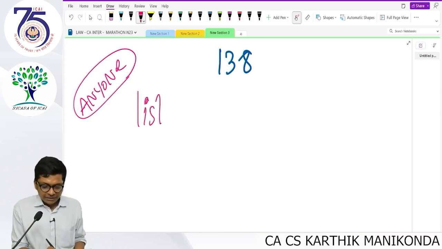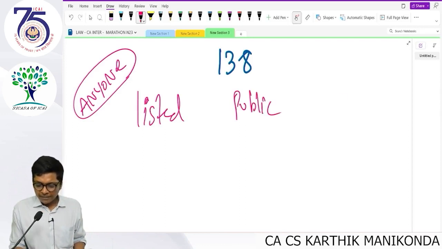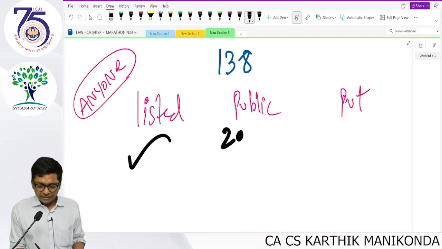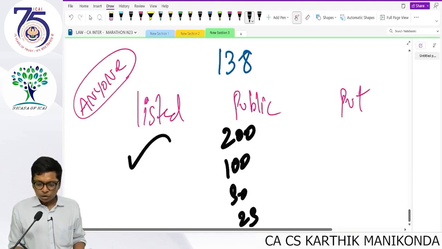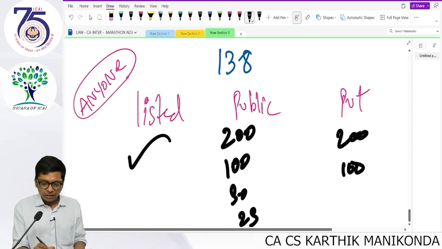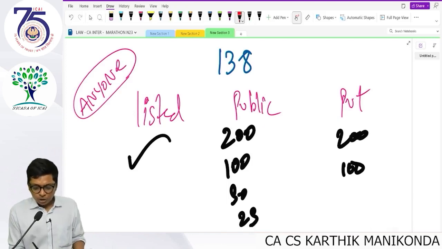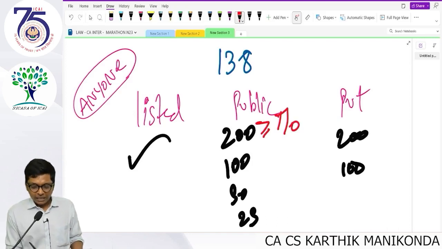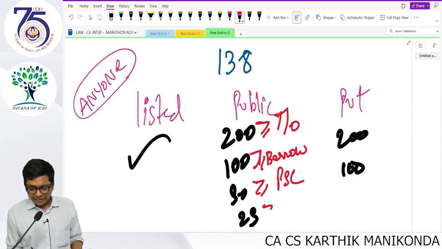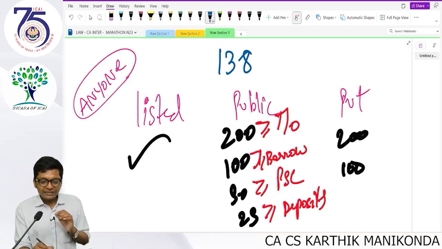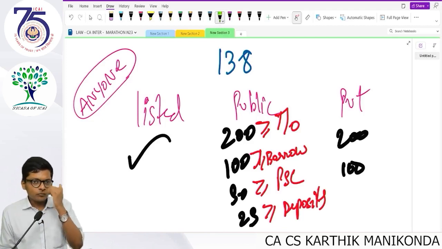Applicability: listed company, public company, private company. Listed company, it is applicable. Public it is 200, 100, 50, 25 here. What is this 200? Turnover more than or equal to 200. 100 is borrowings more than 100. 50, more than or equal to, is paid up share capital. More than 25 is deposits. What is the difference between this limit and the limit in